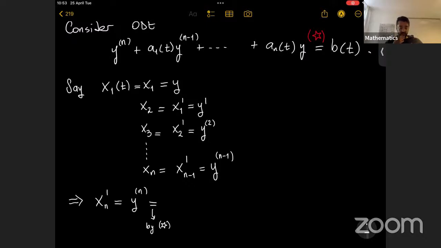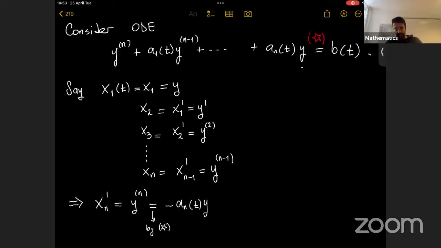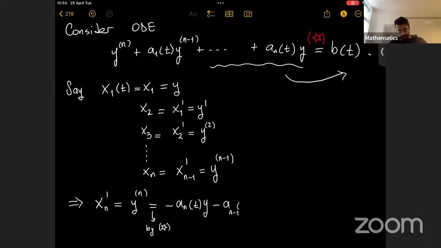The nth derivative of y is minus an(t) y. You take this term to the right-hand side. This is what we do to write the nth derivative of y, minus a n minus 1 (t)